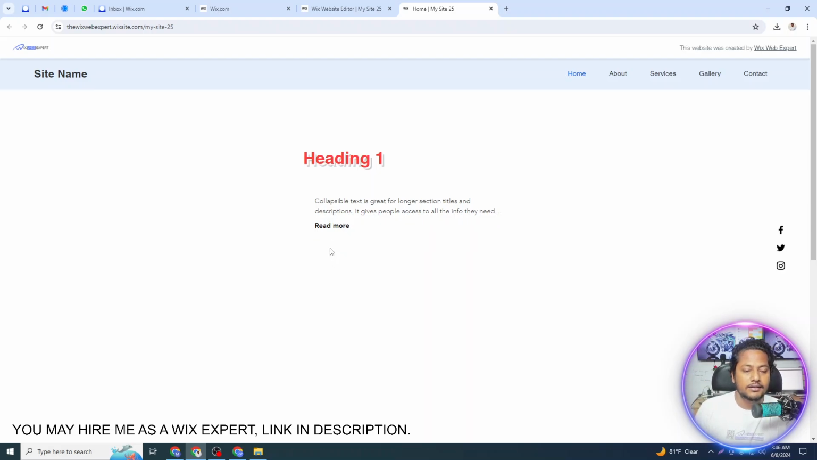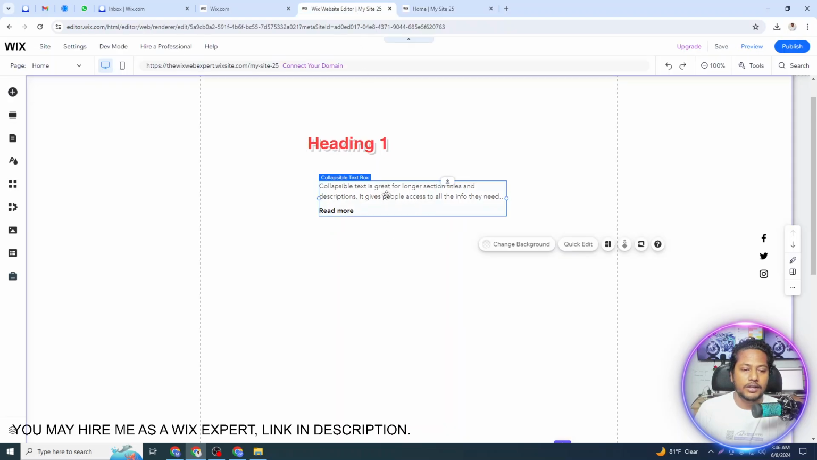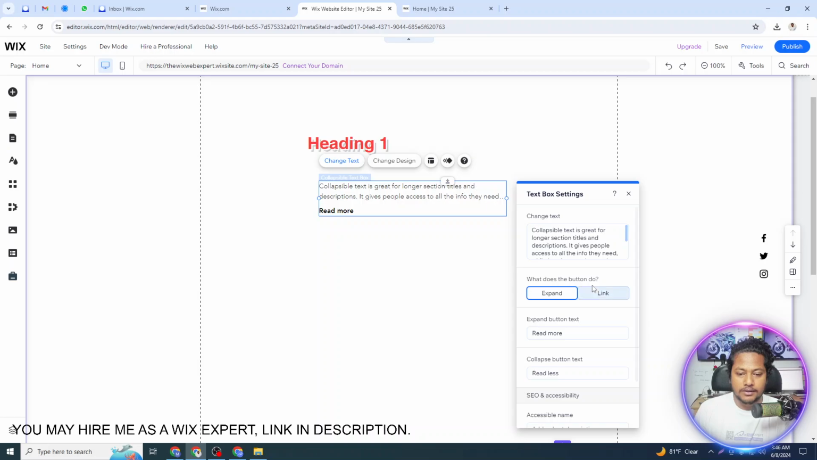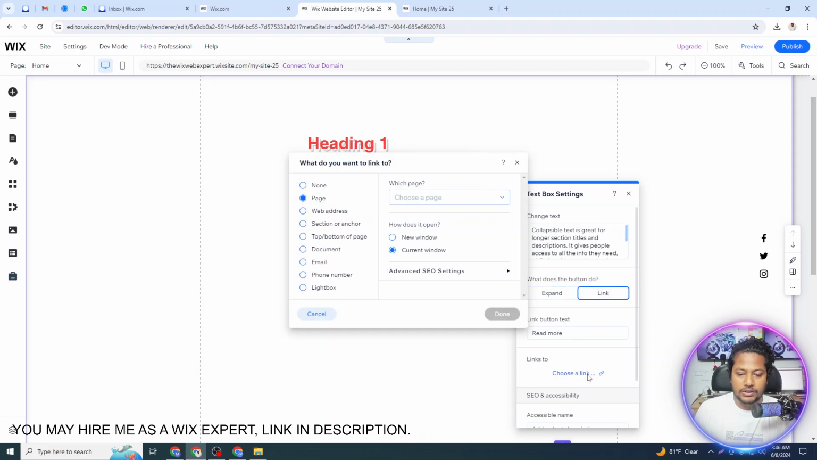Here is the small version, here is the big version. And there is another option that we have seen. Let me go there and make it link and choose a link. We can link it with any other page, web address, section, the lightbox as well, phone number, email. So let me put a web address there,